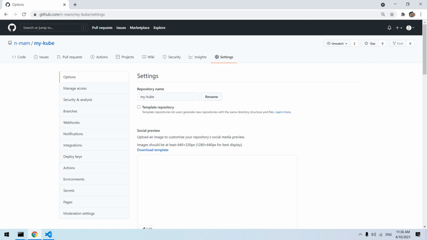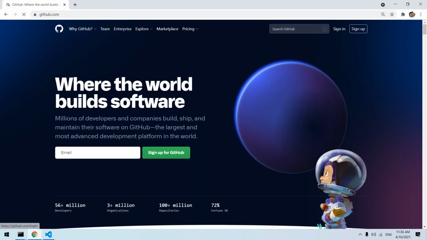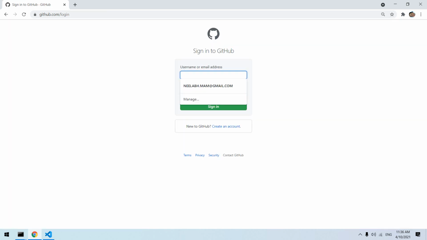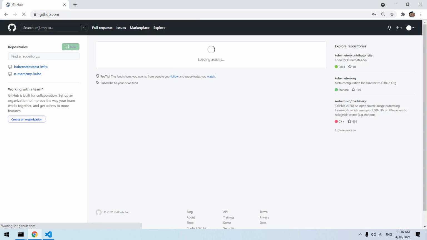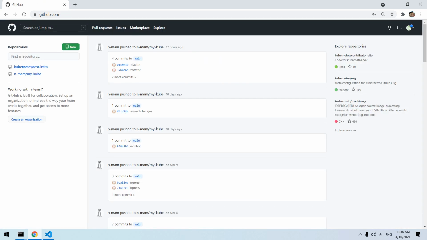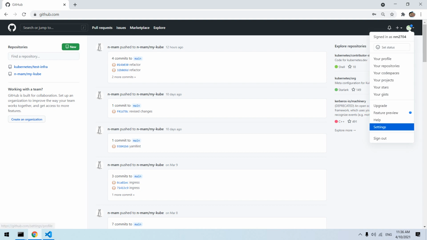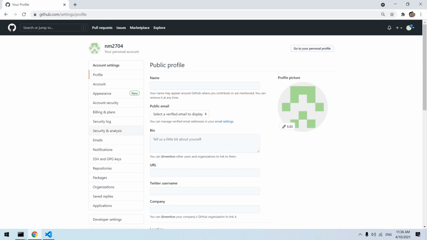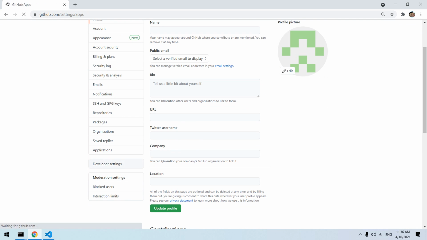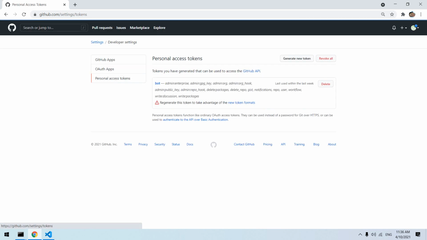So now let's switch over to the bot user account. So I'll just sign into the bot user account. So this is my bot user email ID, and this is my bot user account. And here what you need to do is go to settings, go to developer settings, personal access token. Here, if you see, I have already created a bot personal access token.